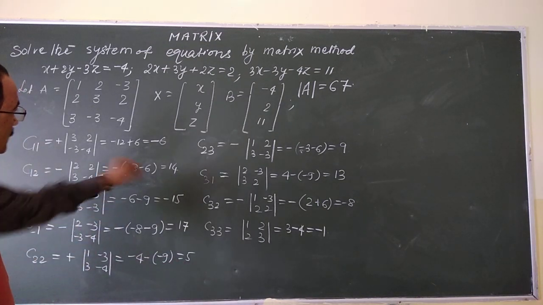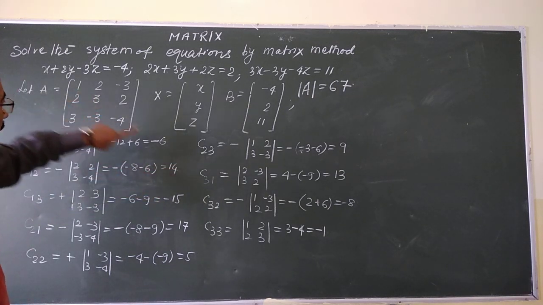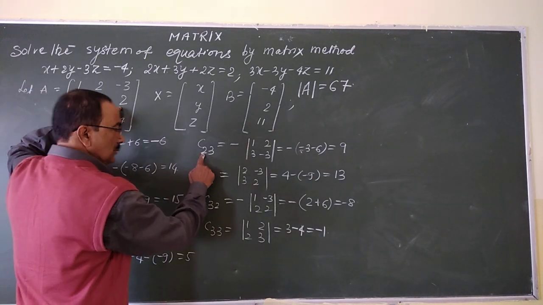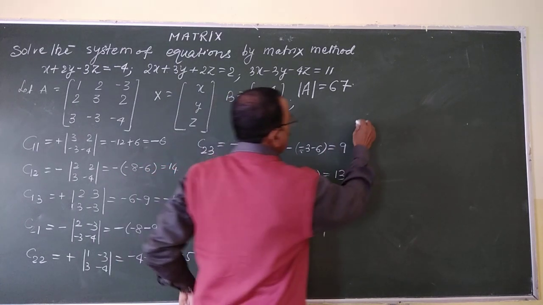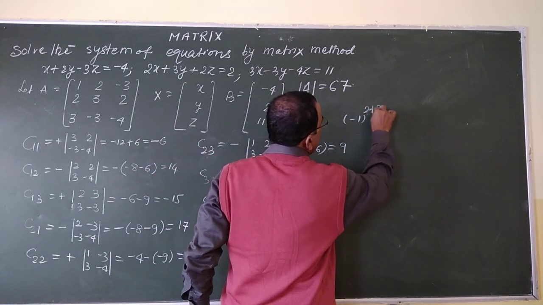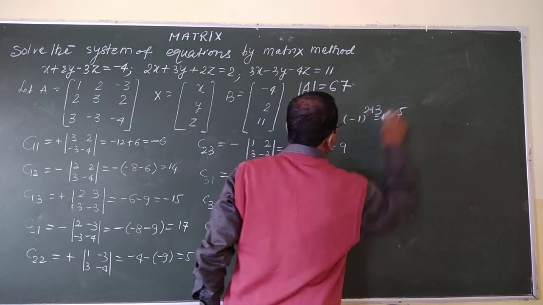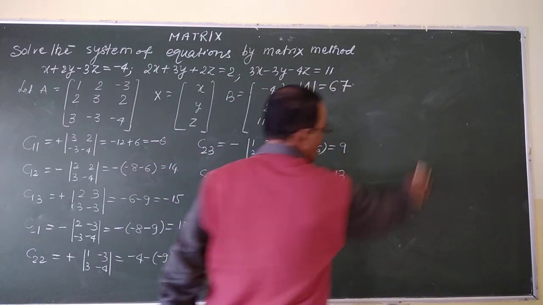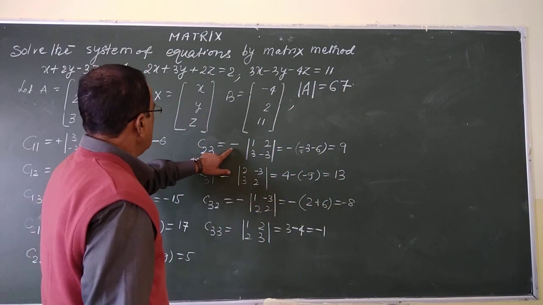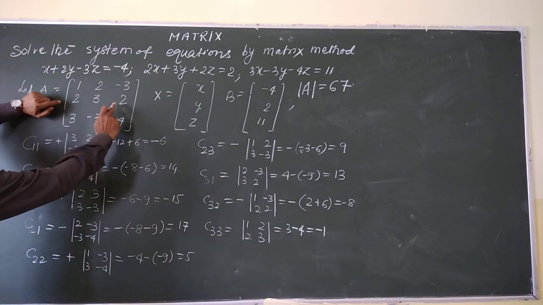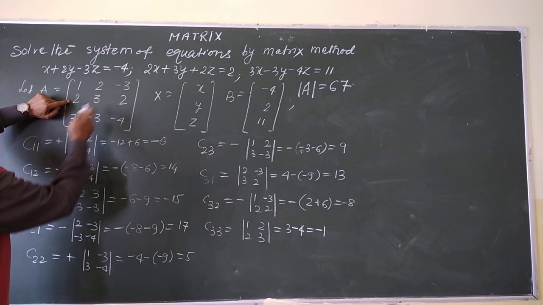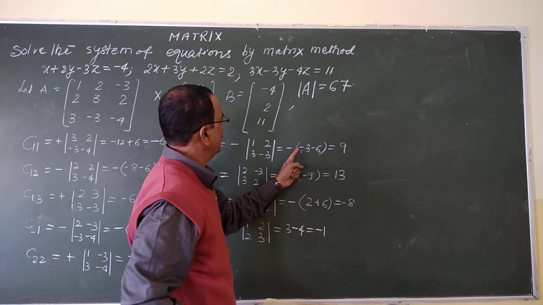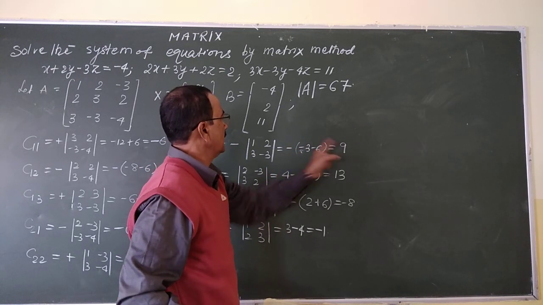Then after 2 2 comes 2 3, which means second row and third column. Here i is 2 and j is 3, so minus 1 to the power 2 plus 3, so minus 1 to the power 5. It will be negative, so we are taking the negative sign. For the cofactor of this element, close this row and this column: 1 2 3 minus 3, minus 3 and minus 6, minus 9, so it will be plus 9.